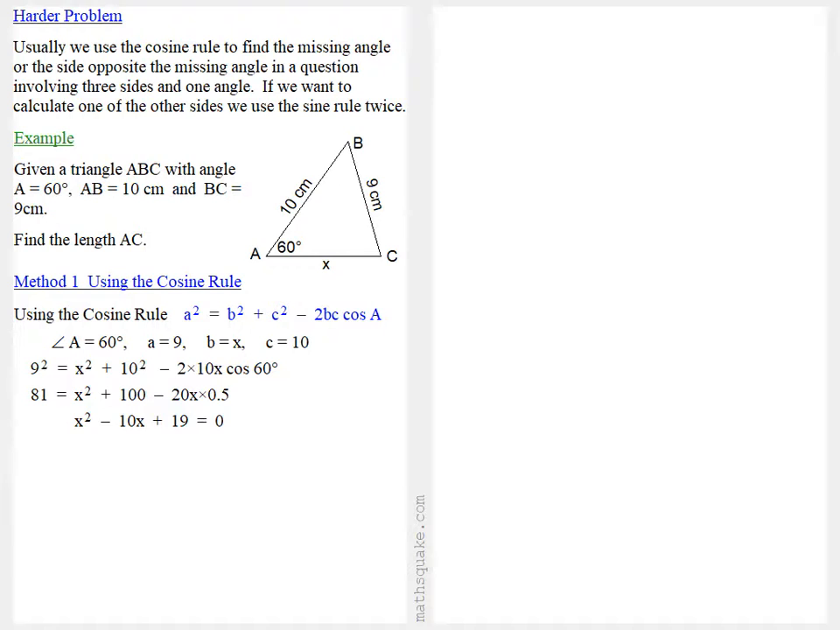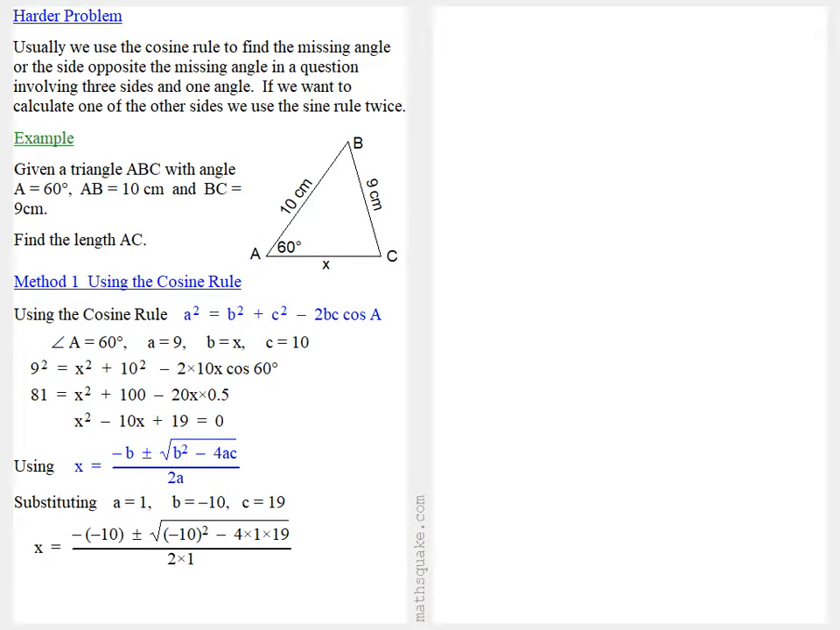And that rearranges to give x squared minus 10x plus 19 equals 0. Now that's a quadratic that doesn't factorise, so we'll need to use the quadratic formula. X equals minus b plus or minus the square root of b squared minus 4ac all over 2a, where a is 1, b is minus 10, and c is 19. So if we substitute those into the formula, it simplifies to x equals 10 plus or minus the square root of 100 minus 76 all over 2, or 10 plus or minus the square root of 24 over 2,